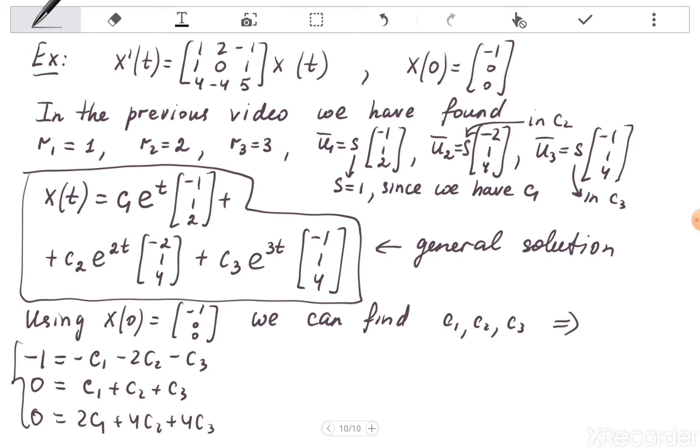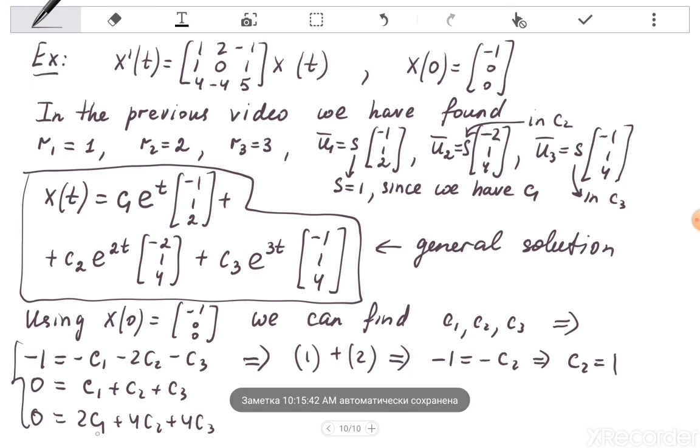So to solve this system, what can we do? We can, for example, add the first and second equations, so c3 will be cancelled, c1 will be cancelled, to get that minus 1 is minus c2. So we immediately get c2. Next, what can we do? For example, we can substitute c2 in the third and fourth equations. So we obtain the following system